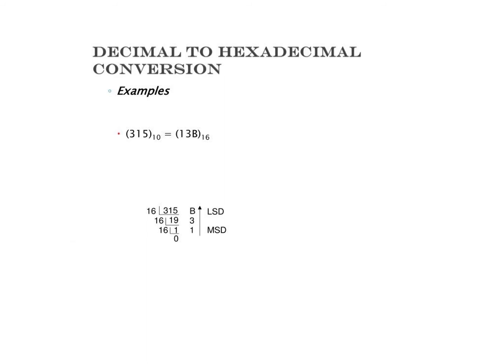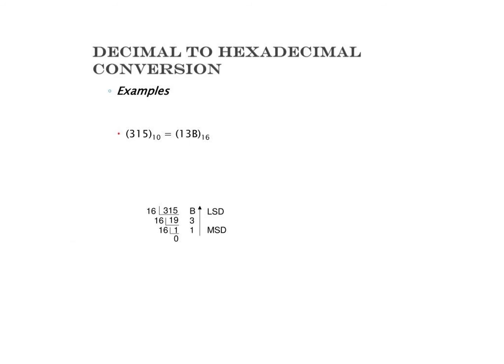The same method is followed for converting from decimal to any system. The division remainder method is followed, and we divide the number by the appropriate base. Here the number is decimal and we have to convert it into hexadecimal. So divide this number by the base 16, for which the conversion is done. So 315 is divided by 16 and we note down its remainder.